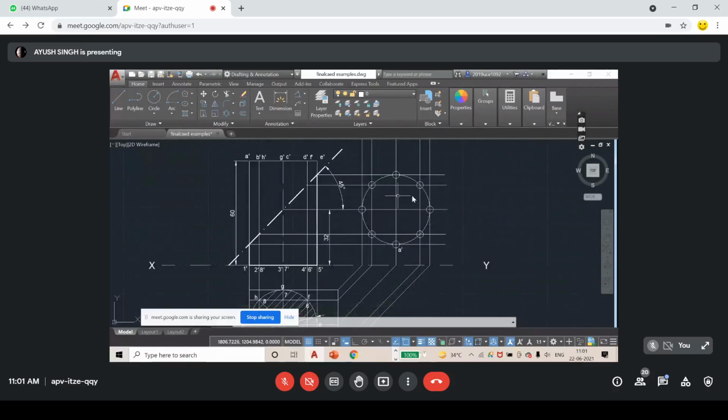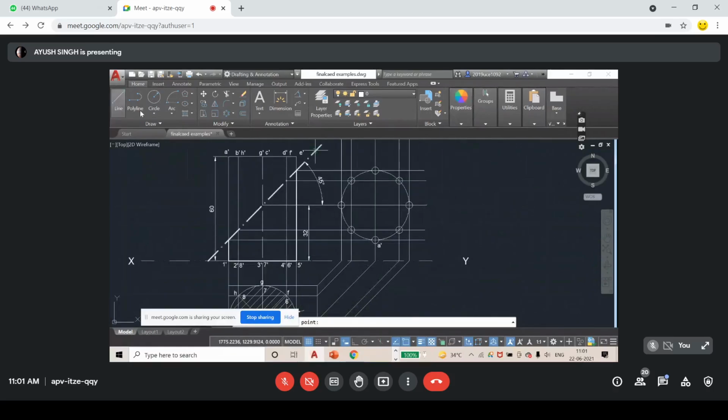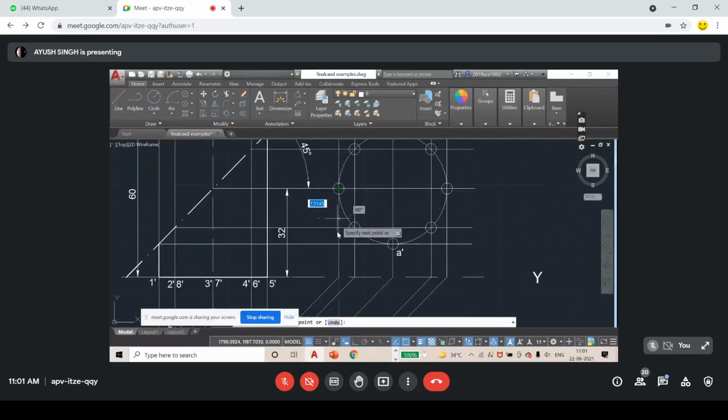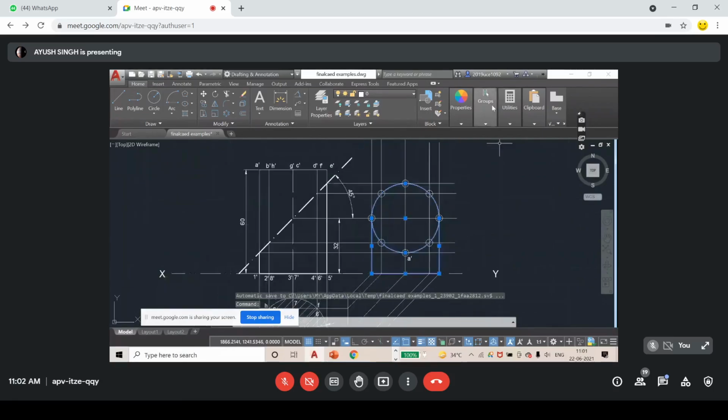So what is this? You might not be feeling what this figure means. Let me bold it now. Whatever is visible, I am going to bold it, this and this.